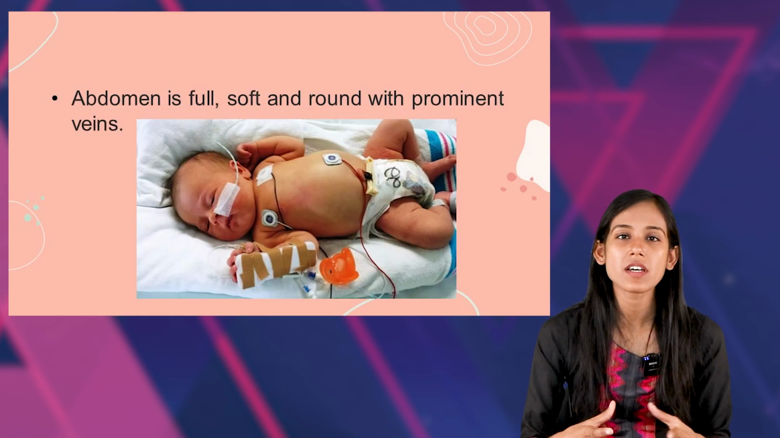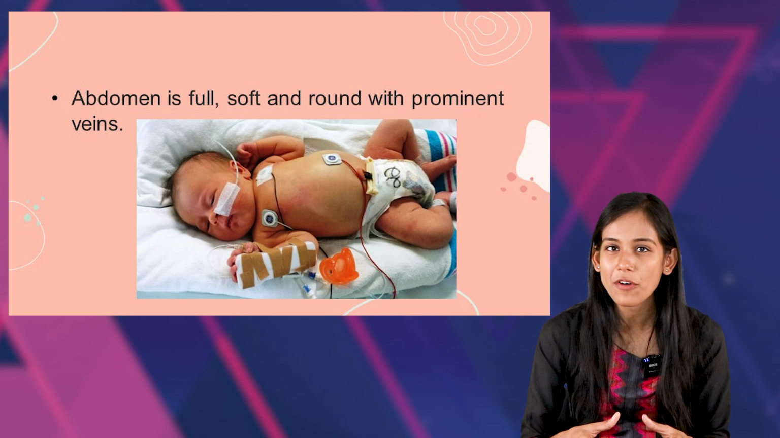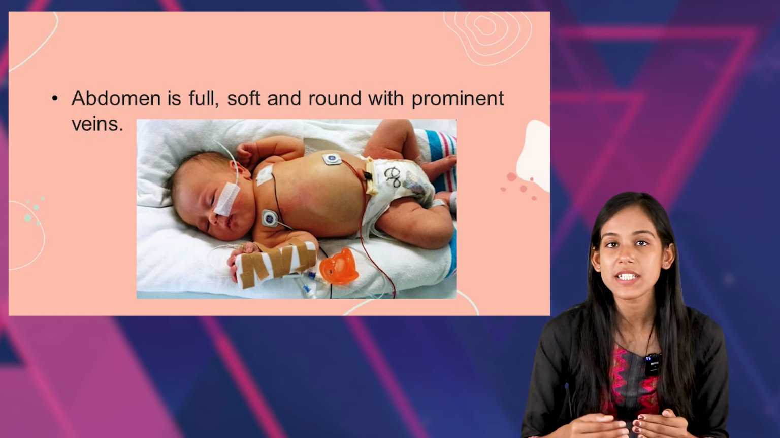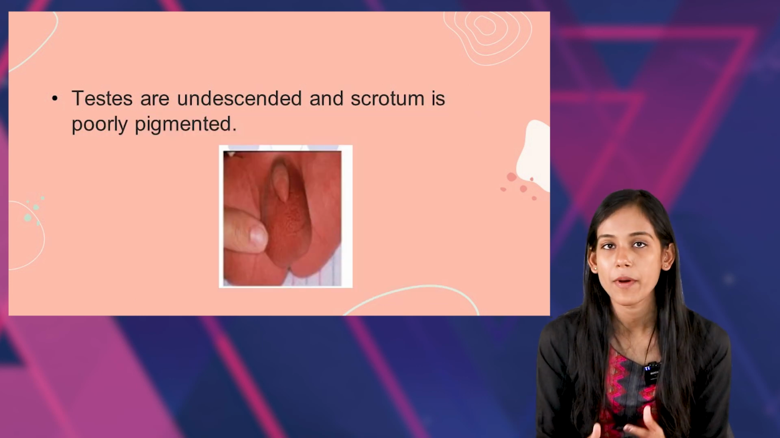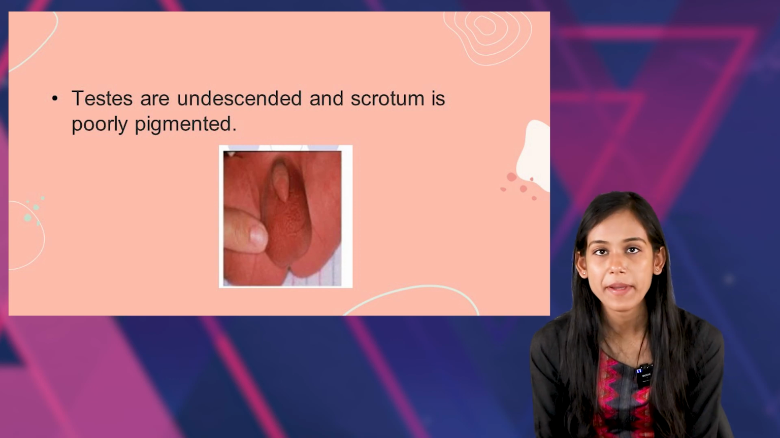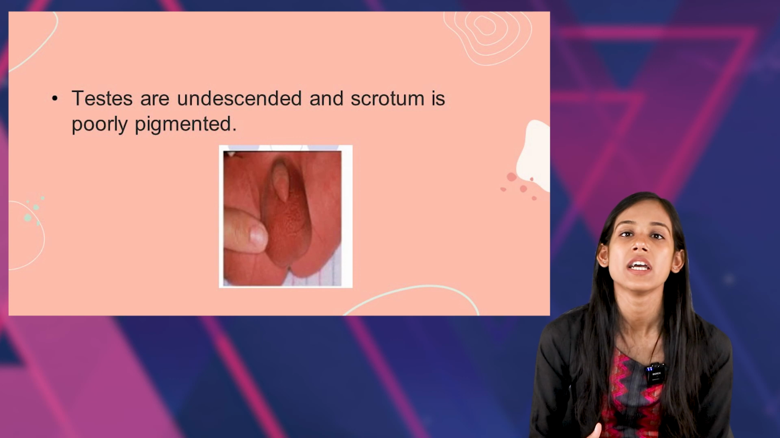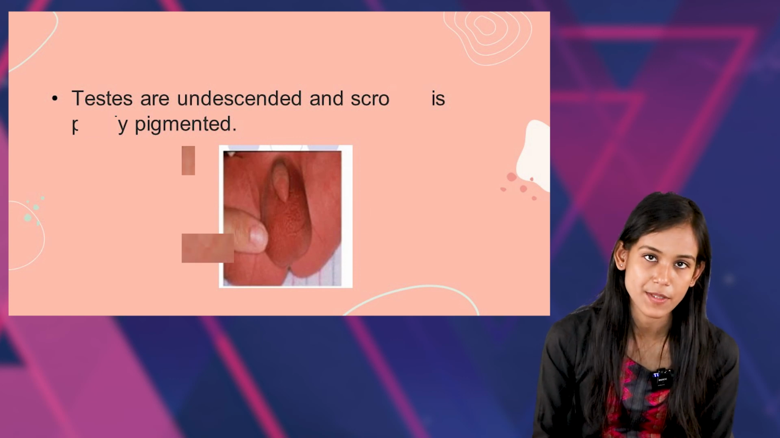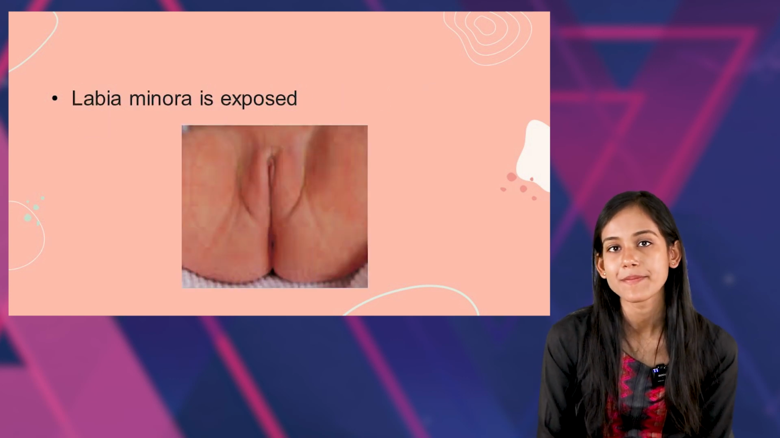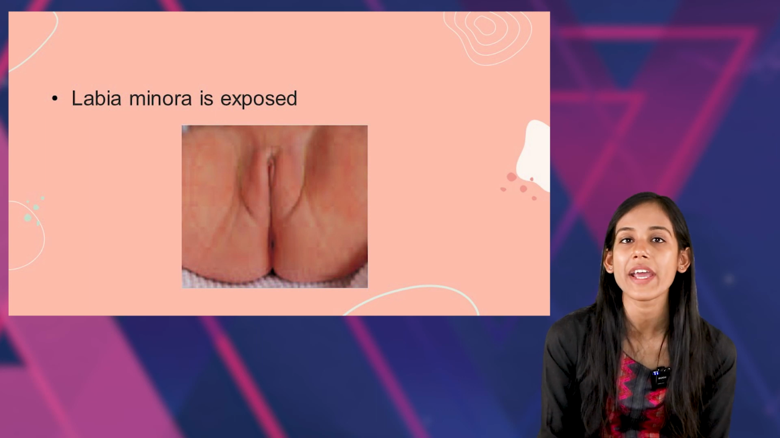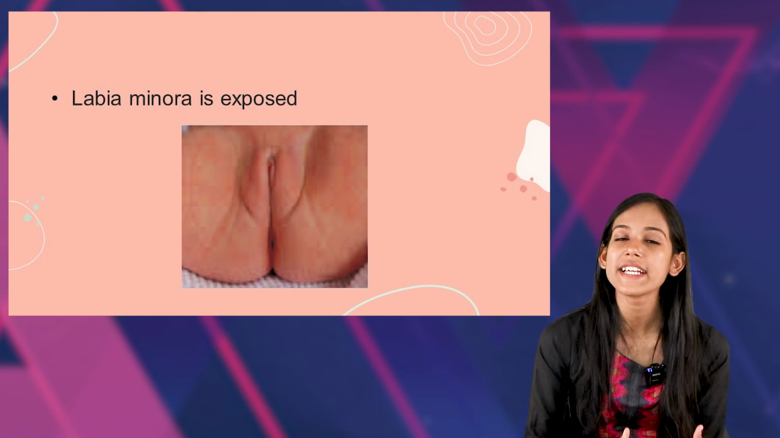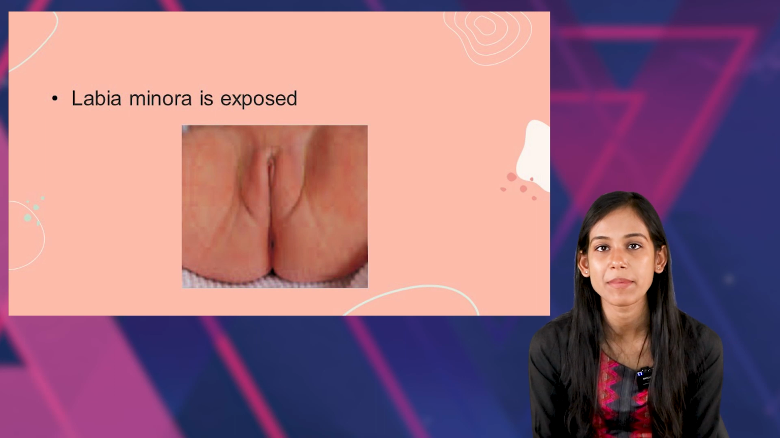So in abdomen, it would be full and soft, and we can see some prominent veins. The next thing is about genitalia. In a male baby, there would be undescended testis and the scrotum would be poorly pigmented. And in case of a female baby, the labia minora would be exposed due to poorly developed and widely separated labia